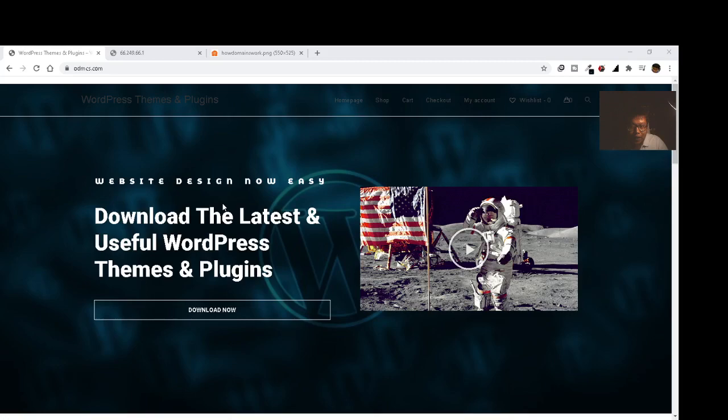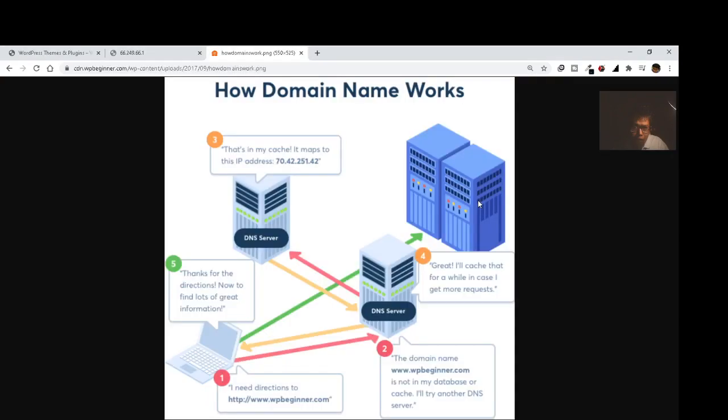So I entered audiences.com, it went to the DNS server, which will hit audiences.com. From there, it'll go to my IP address, which is 70.42.251.42. And then from there, the system will be redirected to my files where they're stored on the server.